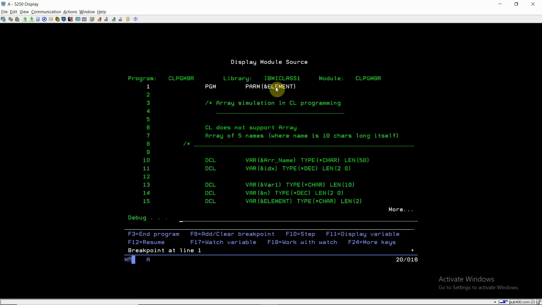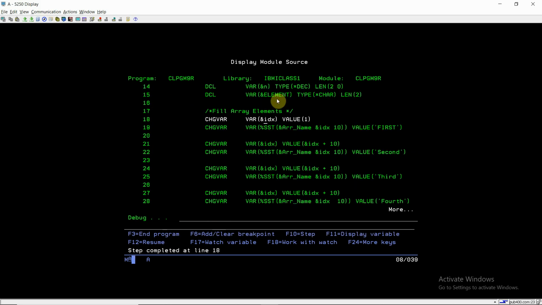So we can see the value of element is equal to 4, which is in character right now. Now I'm filling the array element. Currently this element is blank. At the first position, from 1st till 10th, the value is first. Now IDX becomes 11, and the array name from 11 till 10th is second.